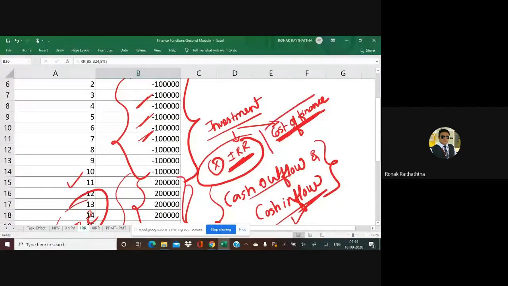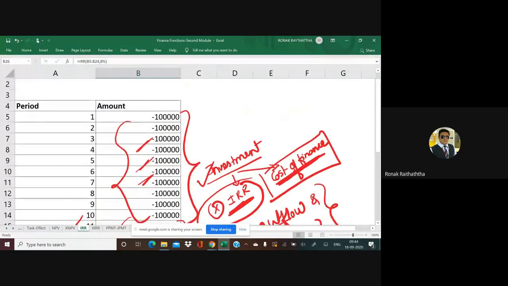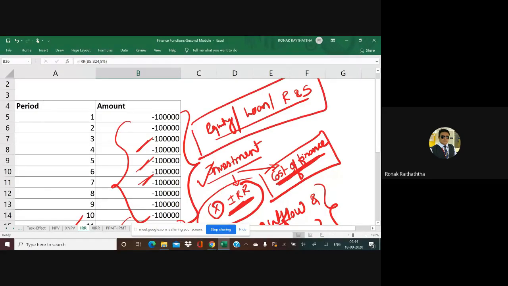It should be discounted at the cost of finance, because cash outflow is the investment which you are making, and the investment you are making, you might have gathered from raising the equity, or by taking the loan, or from your reserves and surpluses, you are investing this money somewhere. So the cost of finance which you have for this shall be taken as the discounting rate as far as outflows are concerned.